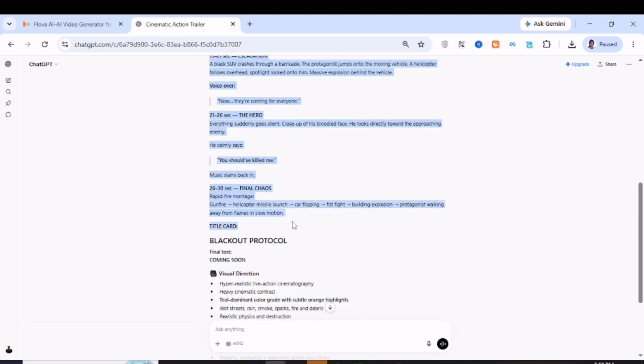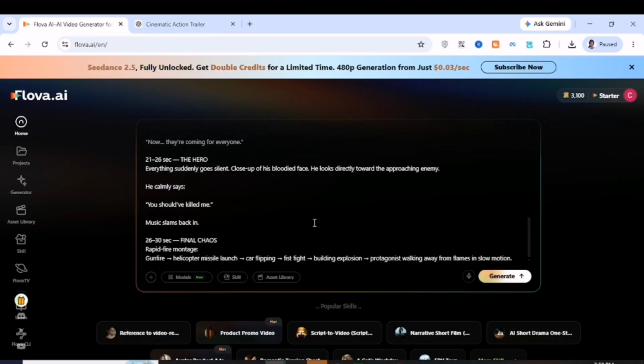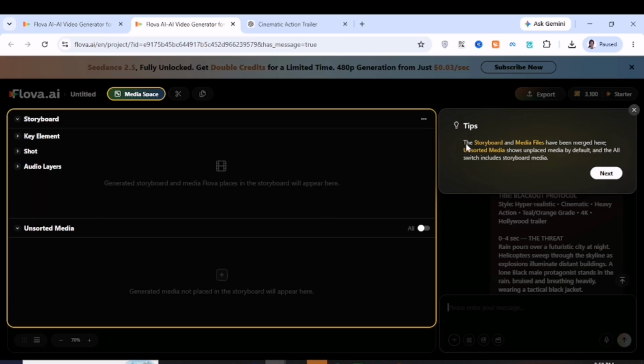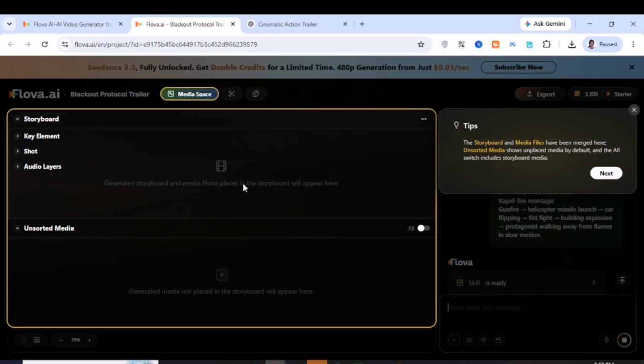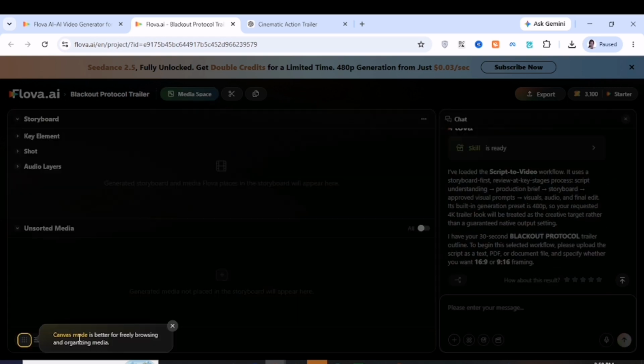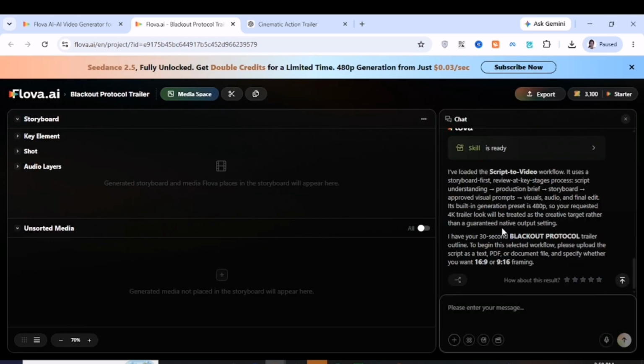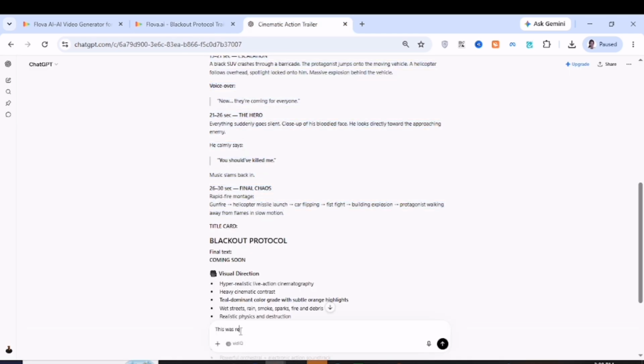So I'm just going to copy the prompt given, and I'll take it right to this tool and paste it right there. Then I click on generate. After clicking on generate, this tool is going to analyze everything and even modernize it and make it more juicy, more amazing, right? And look at what it said here.